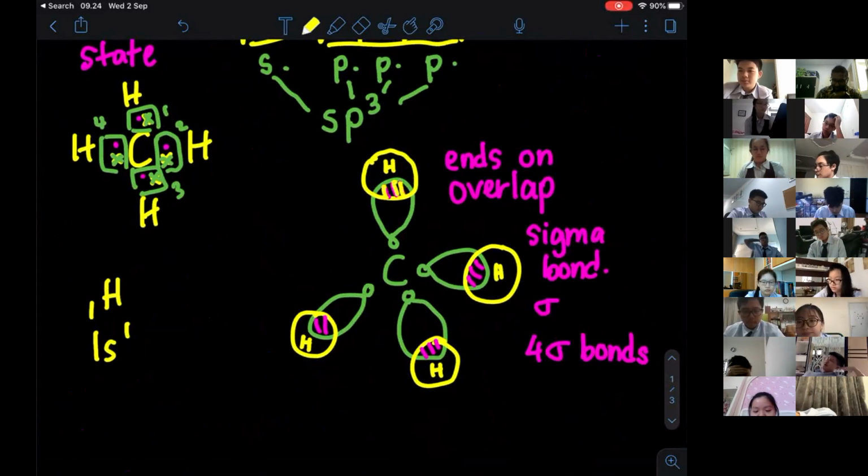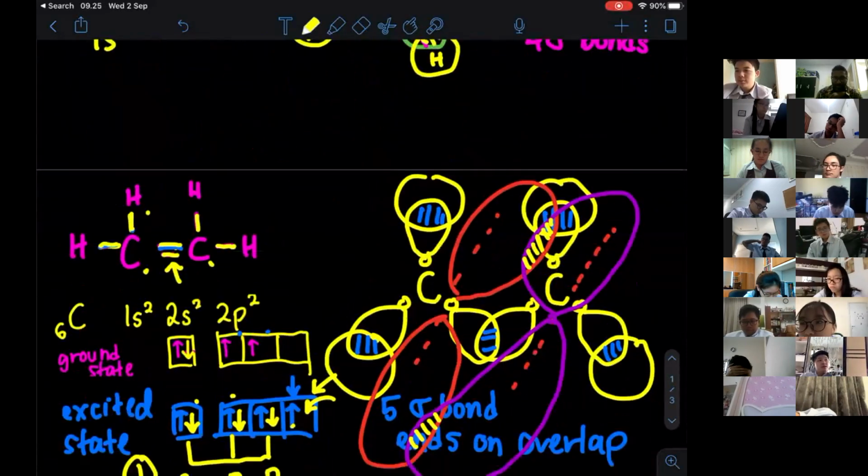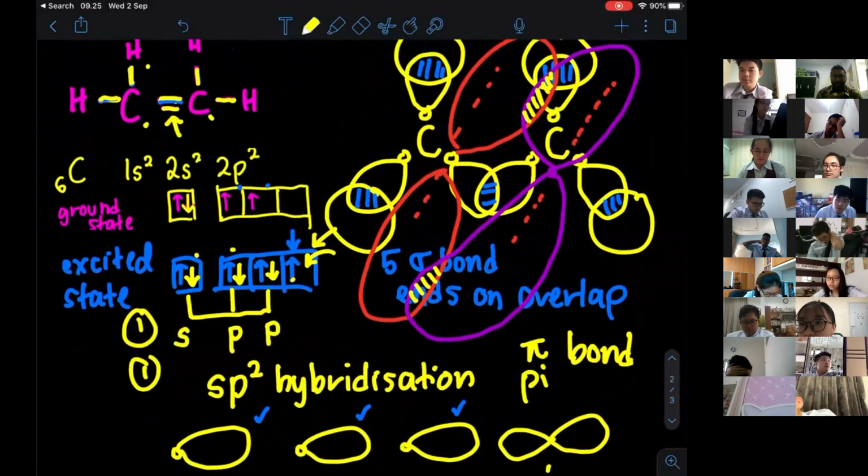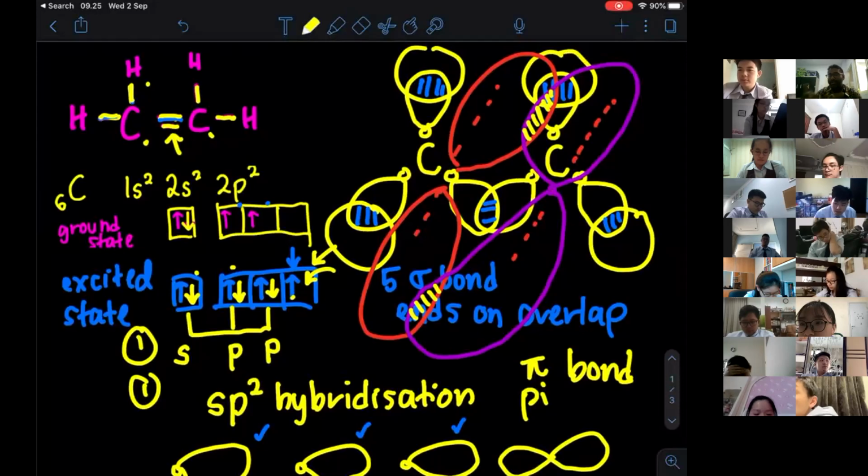They are only around here. So they don't get delocalized. But for this, when you have a pi bond, it means electrons are going to get delocalized